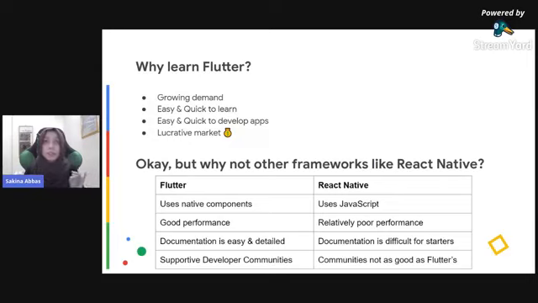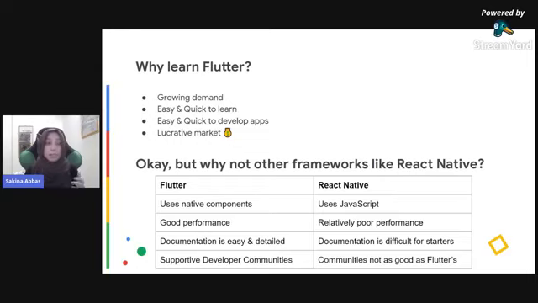Because Flutter is open source, if you are facing any errors or bugs that you can't find the answer to elsewhere on Stack Overflow or whatever, then people actually open issues on GitHub. Okay. And when a lot of people vote on that issue, then the Flutter team prioritizes that issue and attempts to solve it. So we have very supportive and receptive developer communities in Flutter. They are very receptive to feedback.